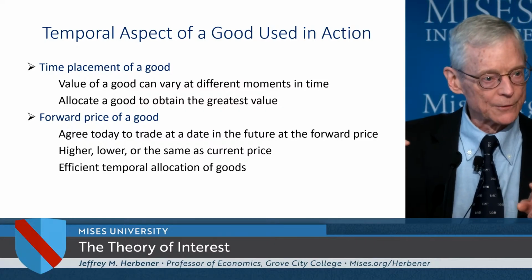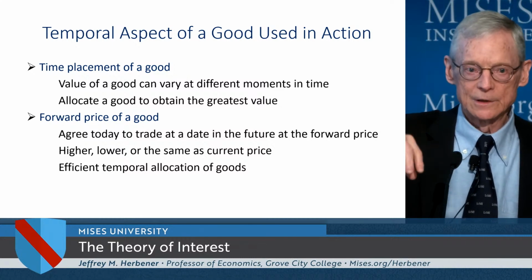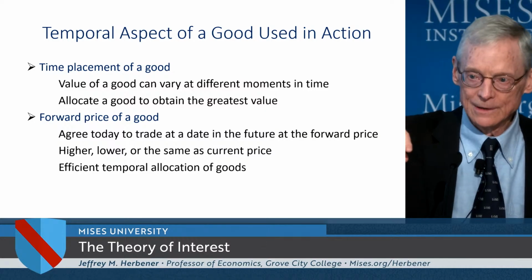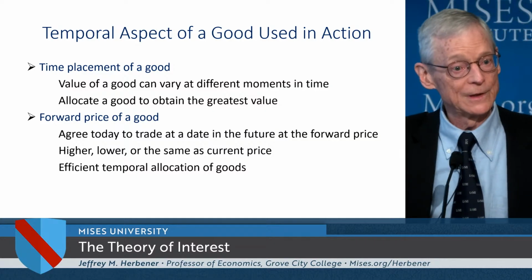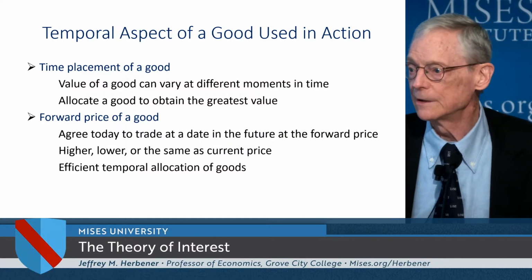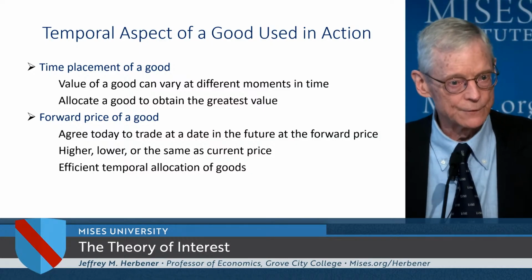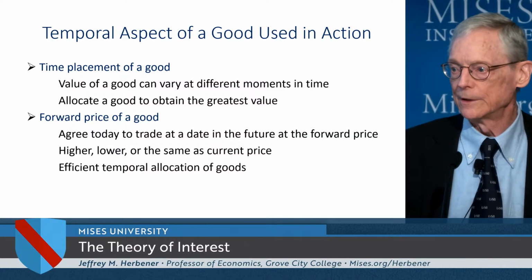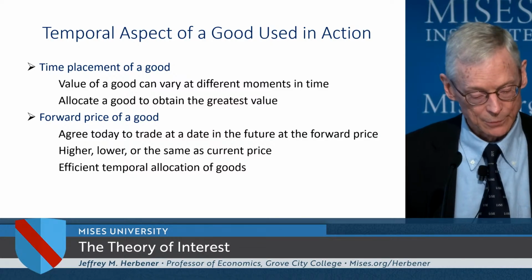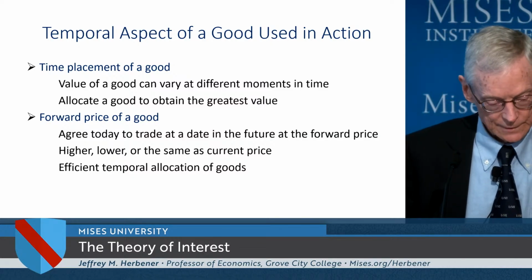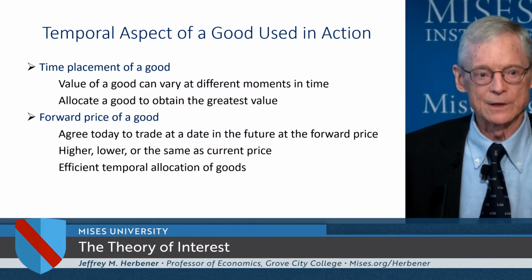It'll stop, in other words, when we have a completely efficient allocation where we're not using a good that has lower valued uses among people today in lieu of using it at a later date where people will value it more highly. This is how the market creates efficiency in the allocation of goods, not just across people or across places, but also across time. So this is a very important function of markets in our lives. But it has nothing to do with the interest rate per se.